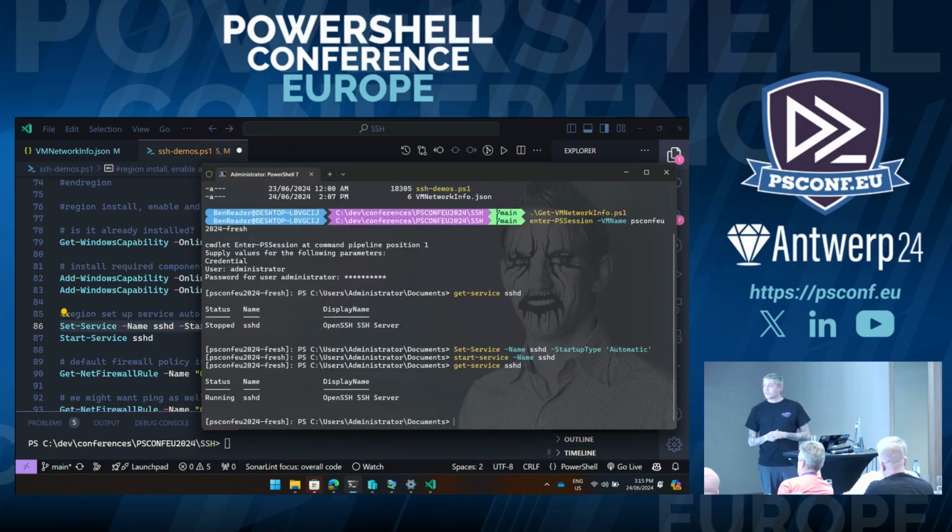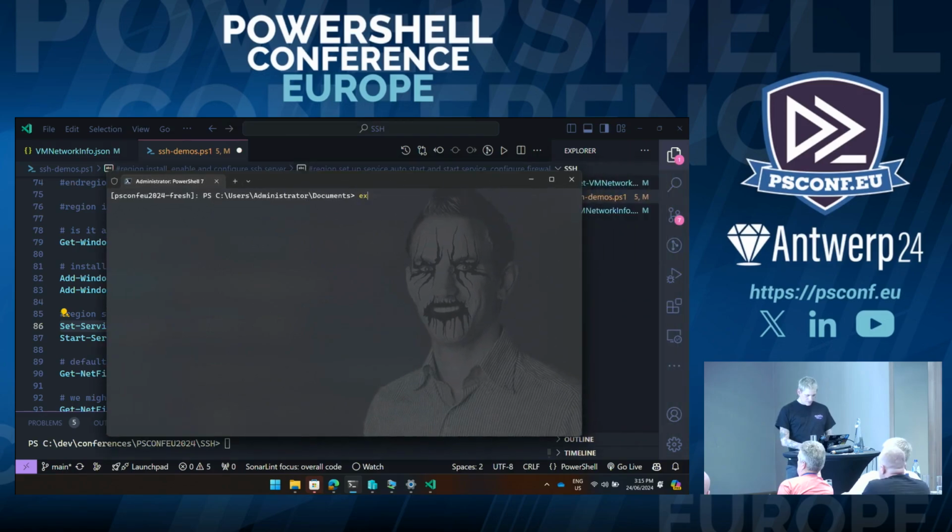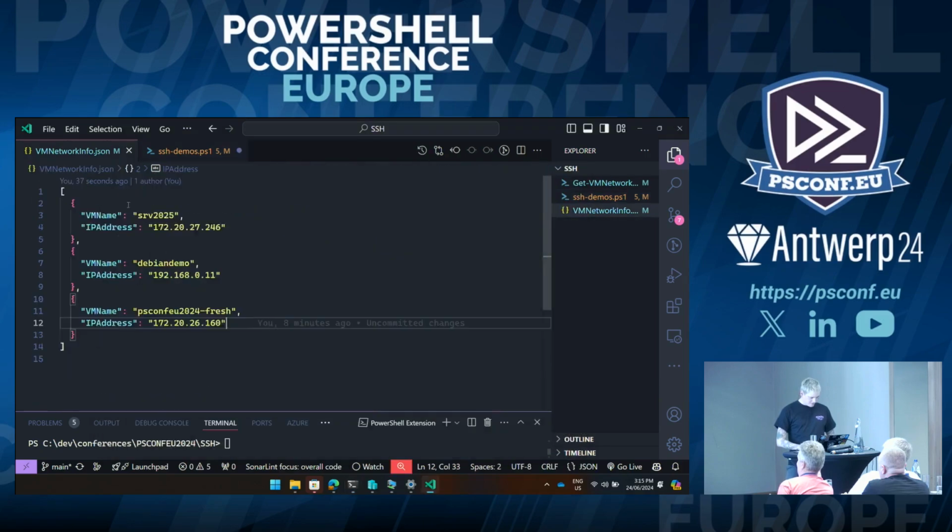Okay, so once we've got this running, in a domain environment, you can SSH into this and put in your username. So for the people that have never used this before, this is the connection process. I'm just going to clear the screen, exit, and we're going to go ssh administrator because I do things badly. I'm going to get that IP address from my fresh machine.